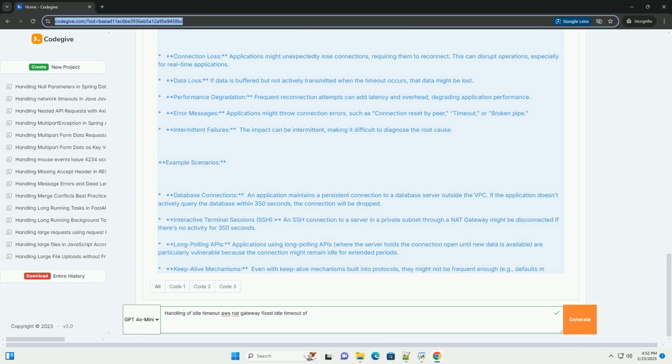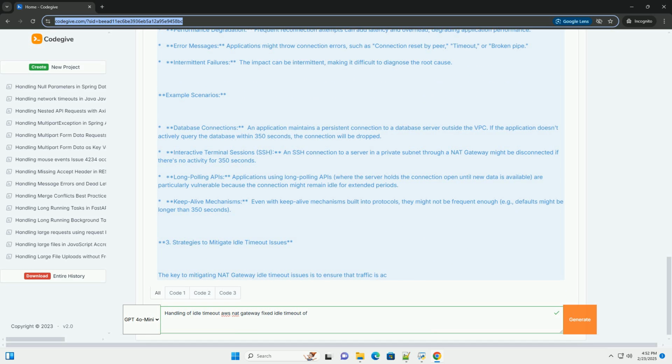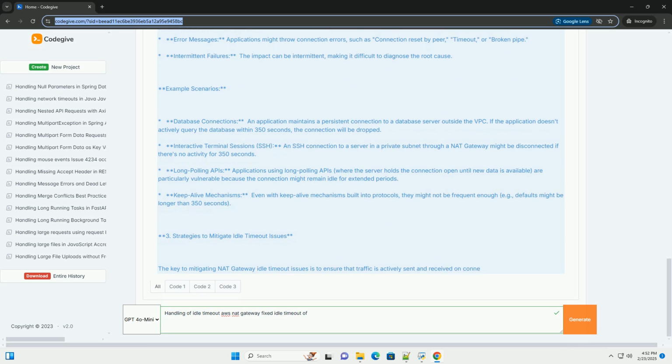The NAT Gateway's idle timeout is a mechanism designed to prevent resource exhaustion and maintain a stable service. It does this by freeing up connections that are deemed inactive. The timeout applies to TCP connections that pass through the NAT Gateway. It's important to understand that this is a fixed timeout, you cannot configure it. How it works: